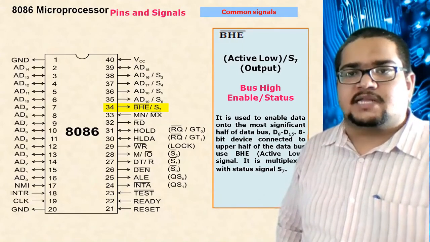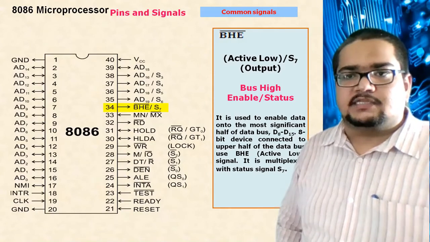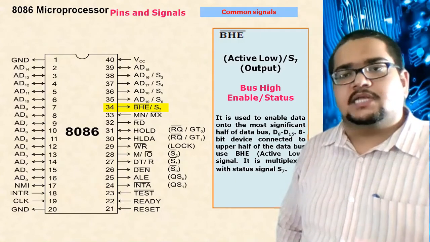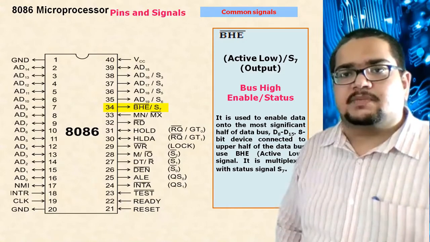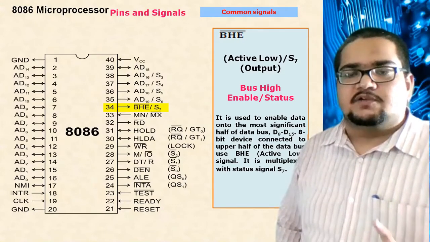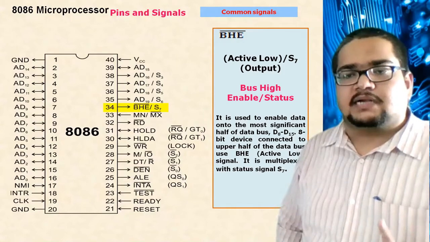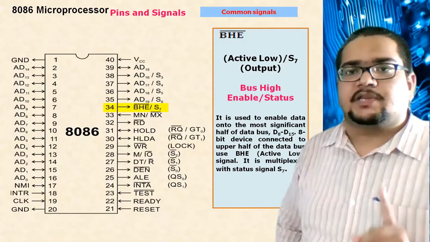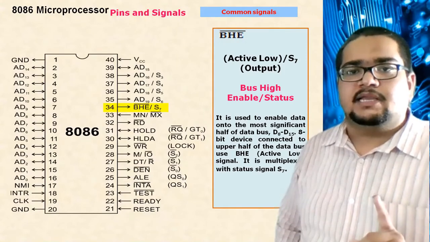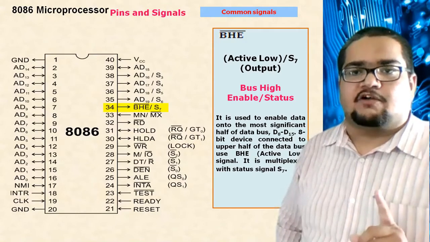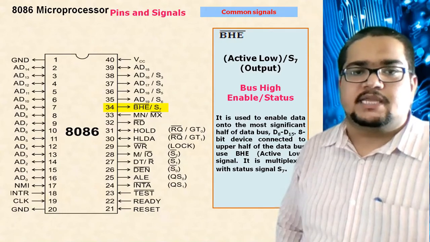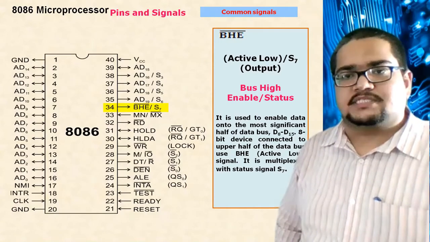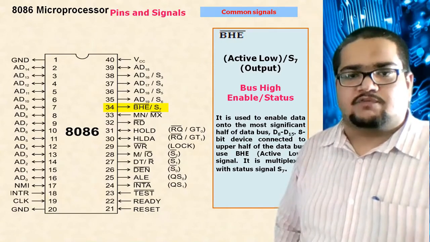So the processor makes this line 0 and sends it out to select the particular memory, which is the odd bank of memory, to which your upper byte of data bus D8 to D15 is connected, for one byte of data communication from the processor to the memory, or to the processor from the odd bank of memory. This BHE bar is used. About the status lines, we will elaborately see all the status lines S0 to S7 together afterwards.